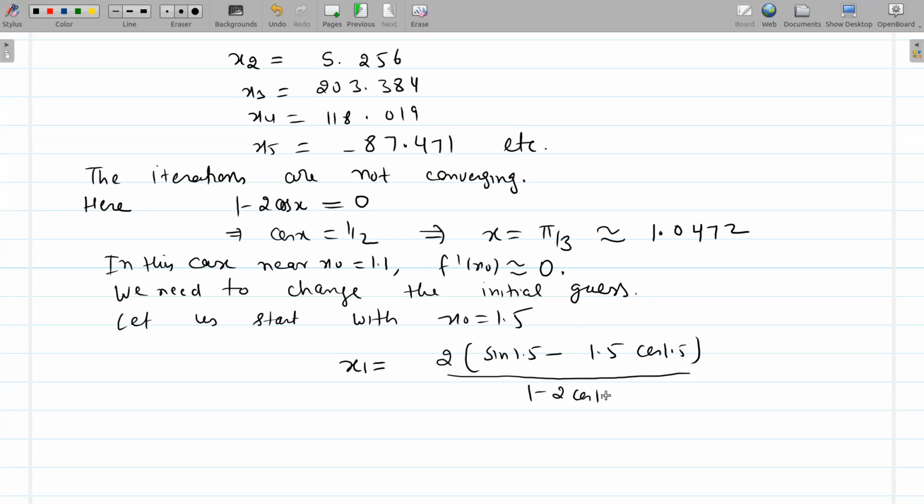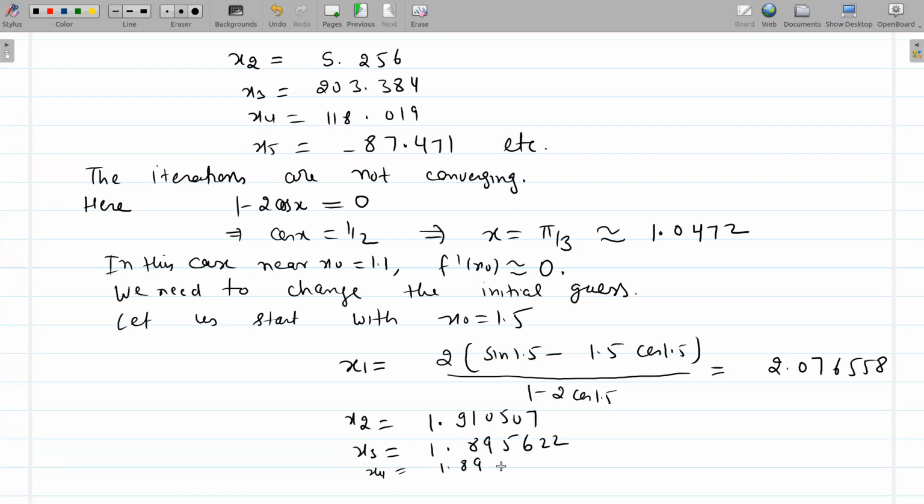फार्मूले में फिट कर दो इटरेशन में. So after fitting 1.5, answer is 2.076558. And then you fit, अब ये फिट कर दो x की जगह 2.0 समथिंग. Next answer is 1.910507, and next answer is 1.895622, and x4 is 1.895494, and we need to